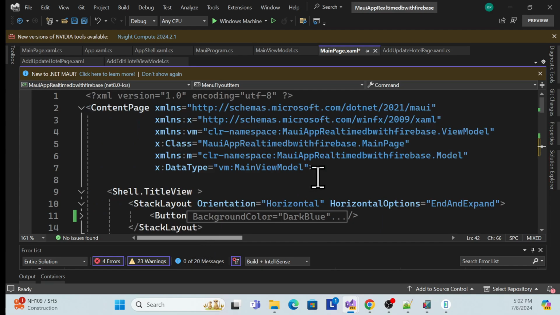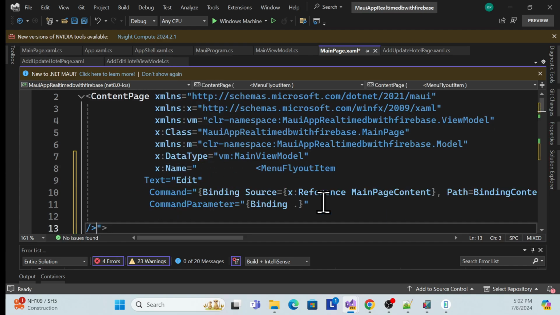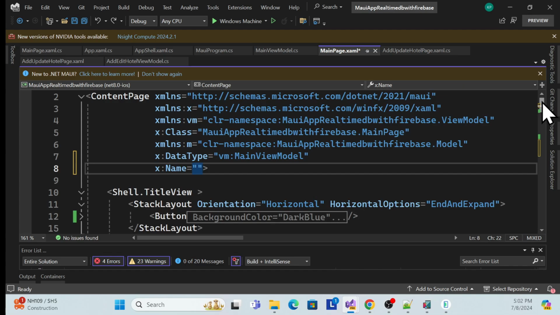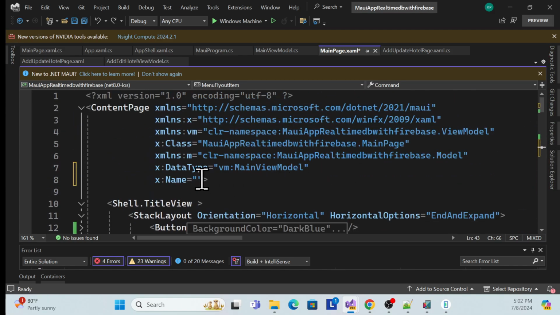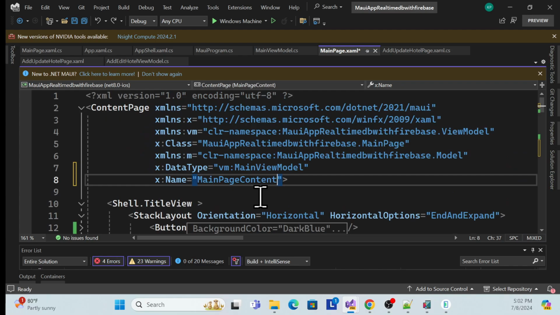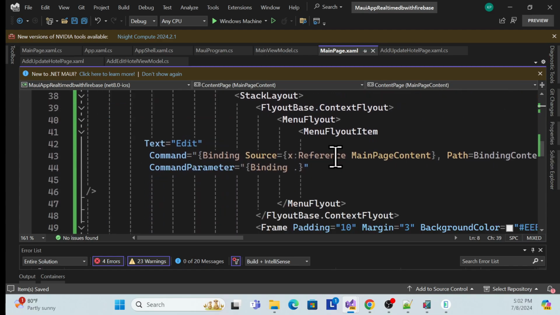So on the top here you have to create that content name, right? So like that. Okay, x:Name, and then use that, oh sorry. So just revert back and go down and copy this main, whatever name you want you can use. But as of now I will use, because it is the main page, so I will use that main page. So like that. So once you set this main page as the content name, then you can refer over here, right? So I just reference it as the main page content,